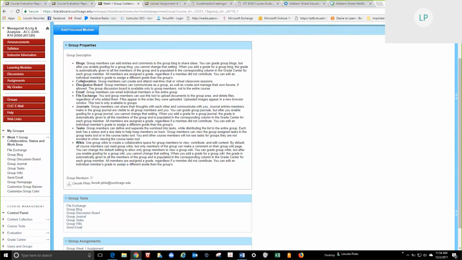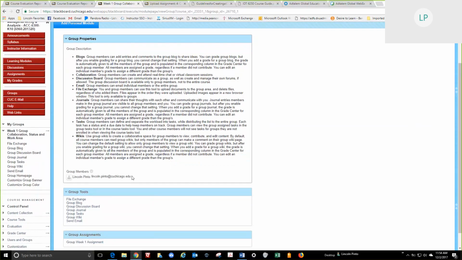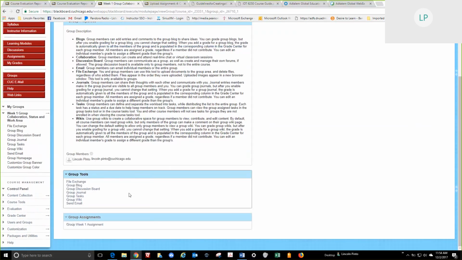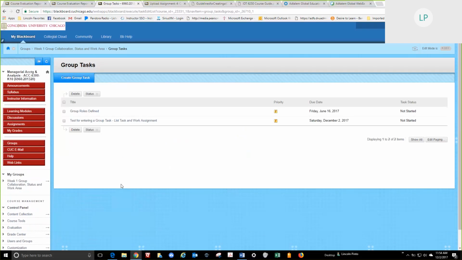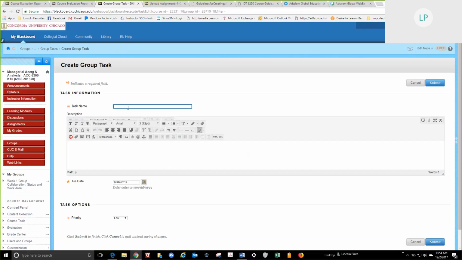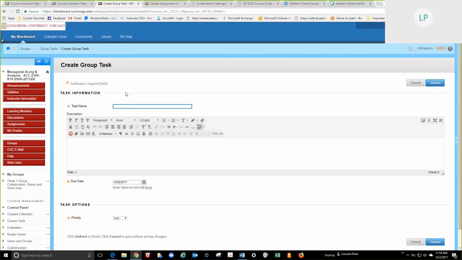Great. So we're going to do two tasks. The first one is I want you to create a group task. Okay, so down here, group task? Correct. Then I'm going to create group task. This would be as a student, right? I would create this. Yes. If I'm a student, I would want to create some task like